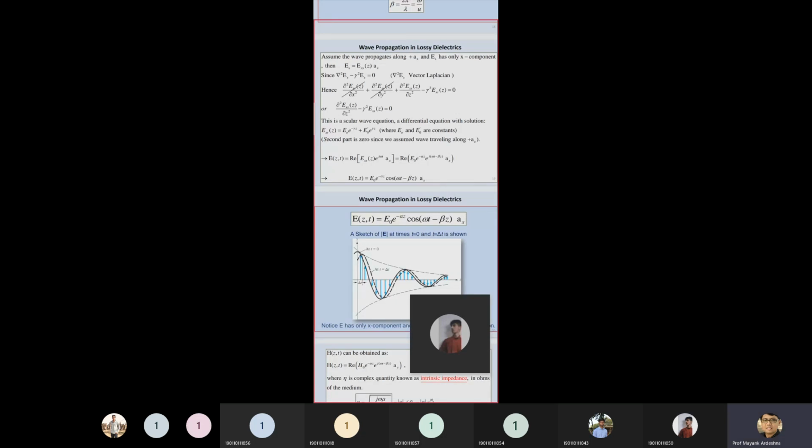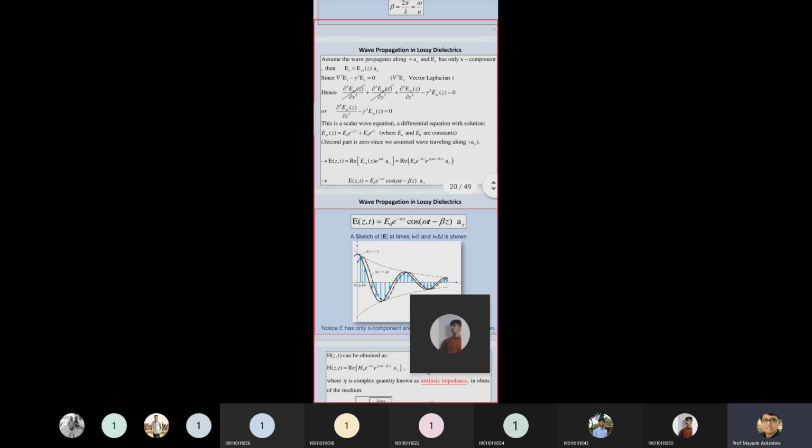If you see this equation, the wave is moving only in the z direction, with components in x and y. So we need to find only the component in the z direction. That's why del square Ez upon del x square plus del square Ez upon del y square will be cancelled out. Only the z direction component is present. So the equation is del square E upon del Z square equal to gamma square Ez, where we are considering only the components in the Z direction because your signal is moving in the Z direction.